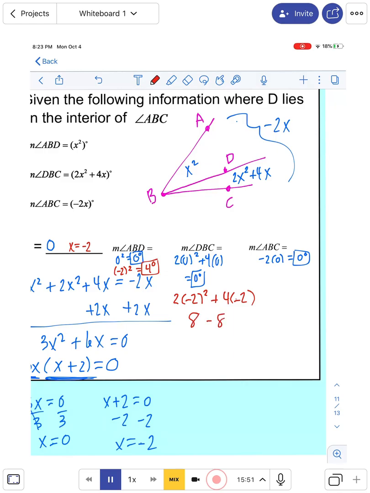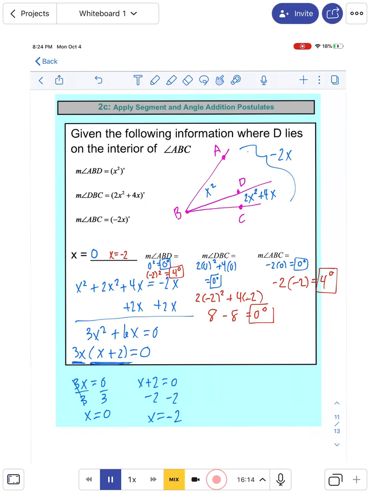And then 4 times negative 2 is negative 8, so we end up getting 0 there. And for ABC, we'd have negative 2 times negative 2, which is positive 4. So again, another kind of weird one where we get 0 for one of the angle measures. So I would just make sure that on a test or a quiz that the numbers weren't so funky. But the math and the way we set it up is